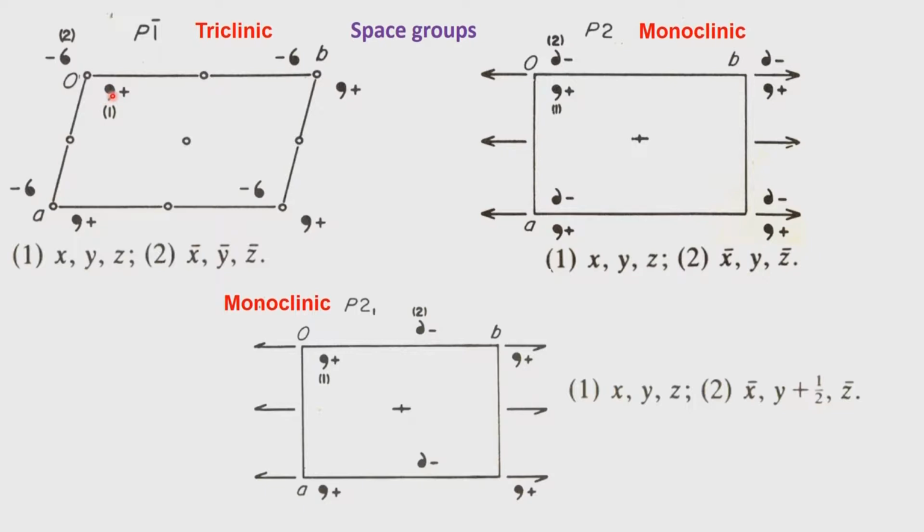Notice that this point, this object and this object are related by a center symmetry which is located at half, half, half. Half along x, half along y, half along z. It is also located at half, half, 0. So, there is an issue which one we will take. In this diagram which I have shown as a projection, we can take it as half, half, 0 at this position. So, we have therefore this as x, y, z. This will be x bar, y bar, z bar.